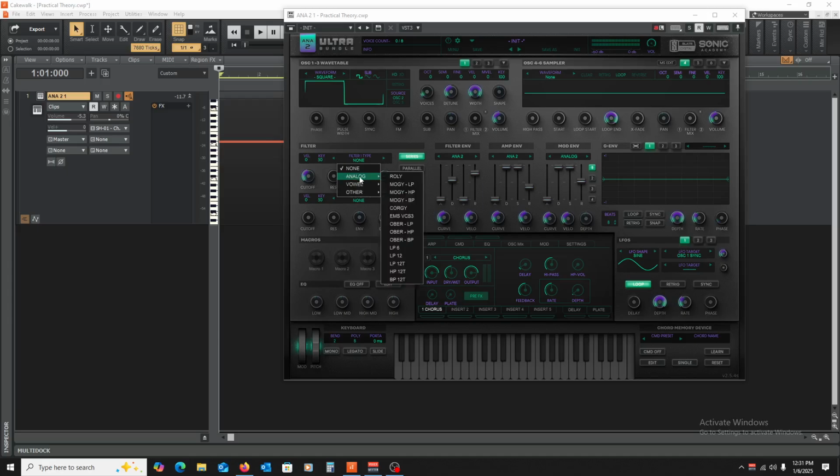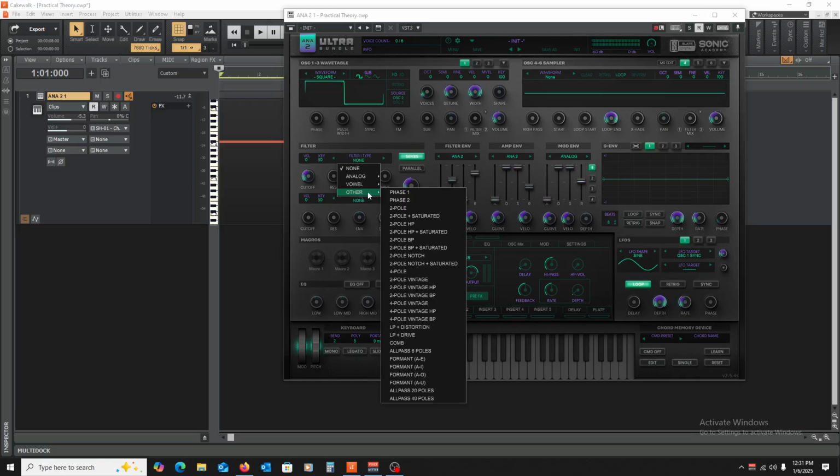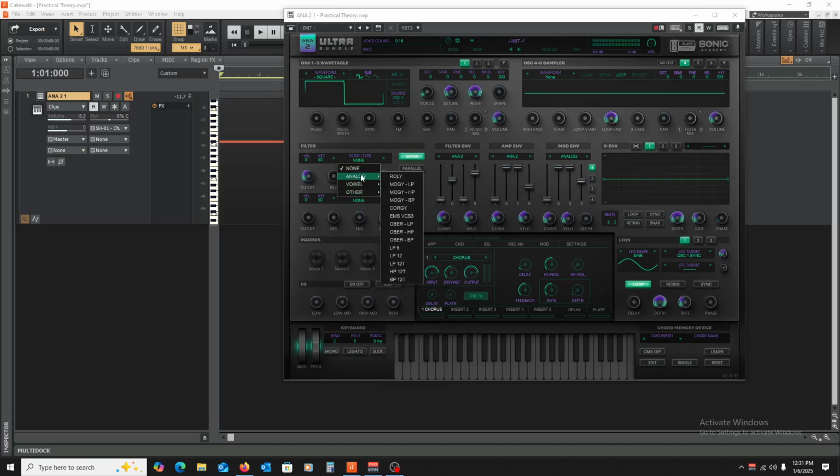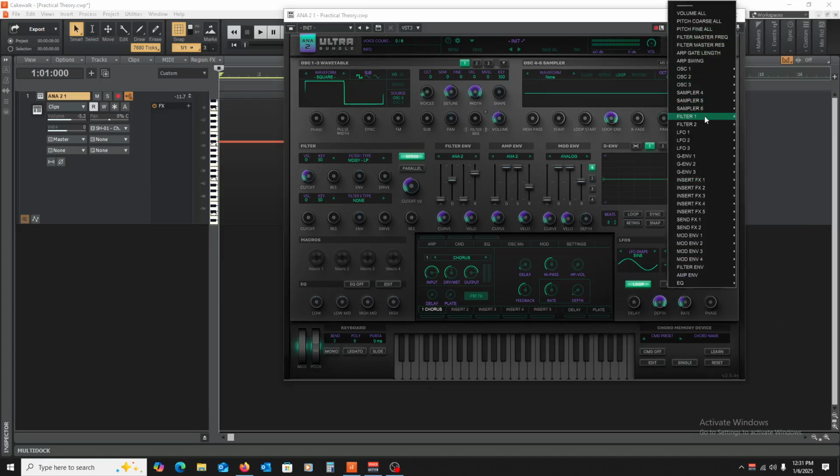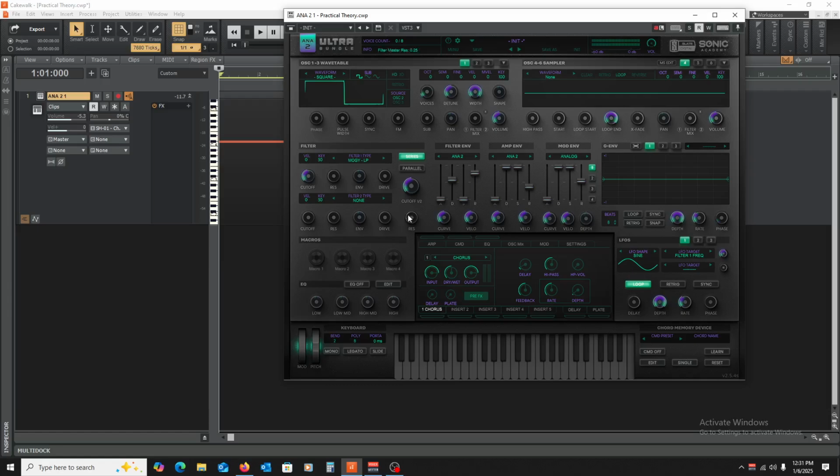You can also get some various other options like poles. And this is where phase comes in. We're going to cover that in a future video. But if we were to, say, do a low pass, which allows our low frequency information to stay and gets rid of our high frequency information, and we were to come over here and assign this to frequency, our filter 1 frequency.